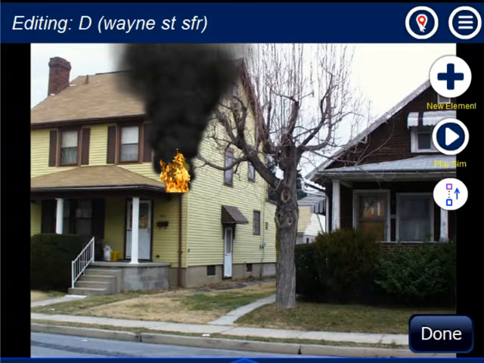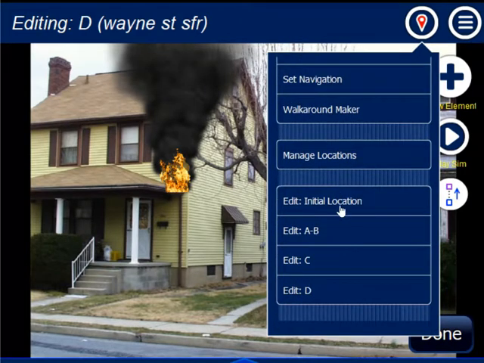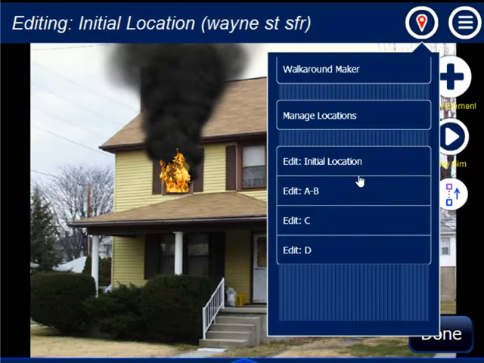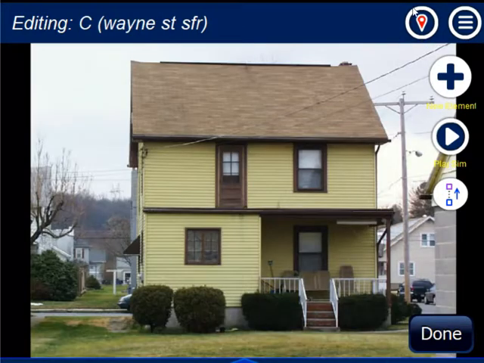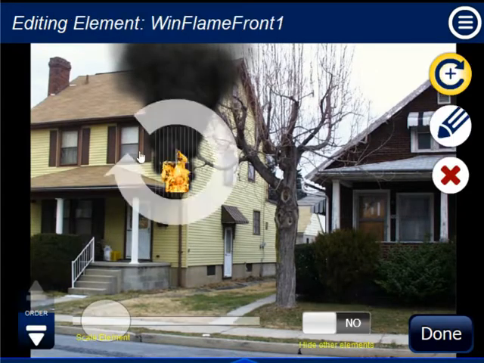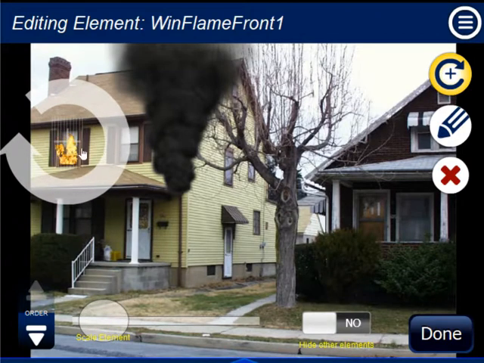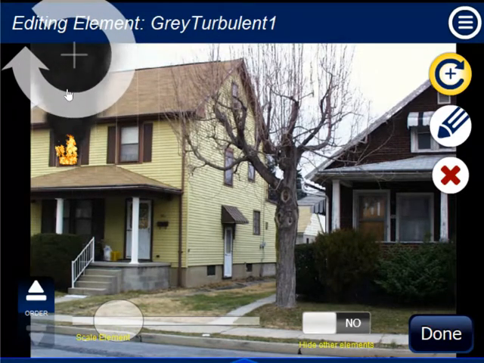Now when I actually go to edit the locations, I use the location menu again. You can see here I can rename, set navigation, but if I want to switch over to another location, I just scroll down and click on the location, and that takes me to whichever location I want to edit. A, B, C, and let's say my D over here. I'm going to go back. I have to click and drag. Now over here, D, I'm going to move this back to the window where it was. I might scale it down if my picture is a little bit different. I'm going to go back over here, click and move my smoke in place,